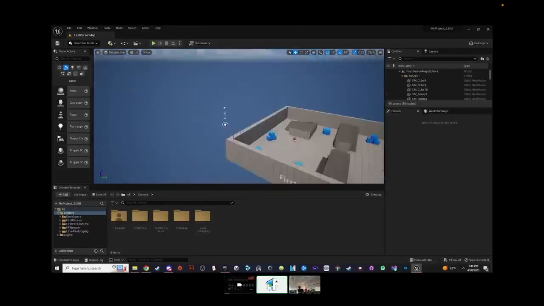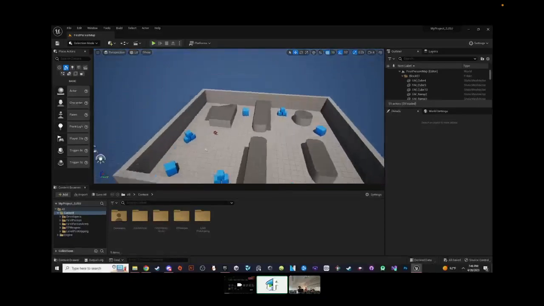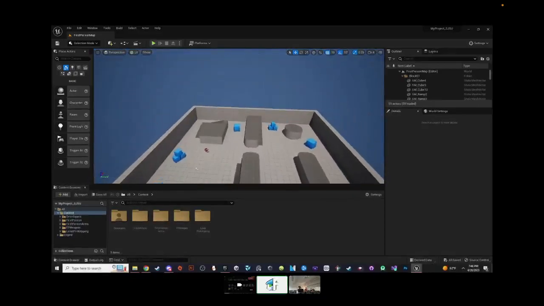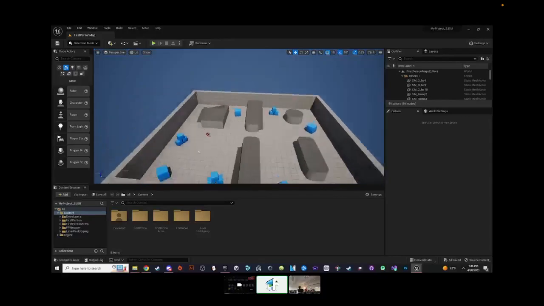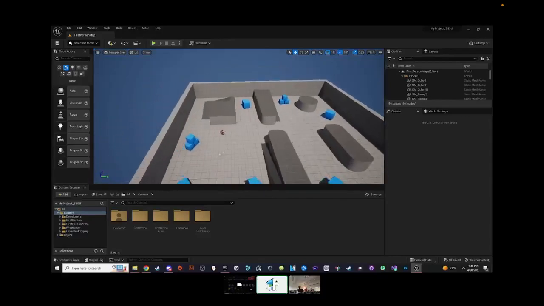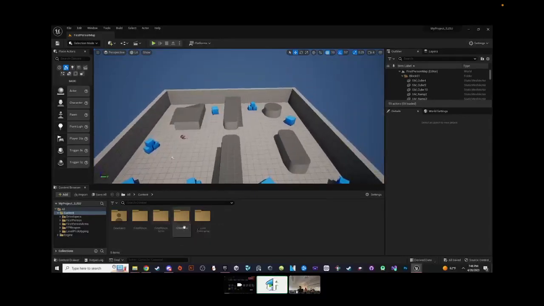So again, you have your game world in here, where you can move around with your mouse, right click, and WASD to fly around the world. The content browser is where the bulk of all your assets is going to be, such as your code, meshes, audios, and stuff. So this is where you're going to be referring to. To the right of here,